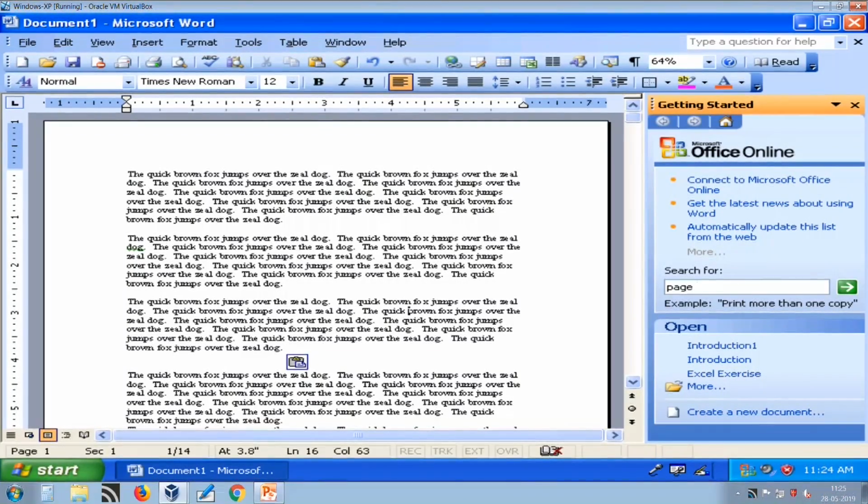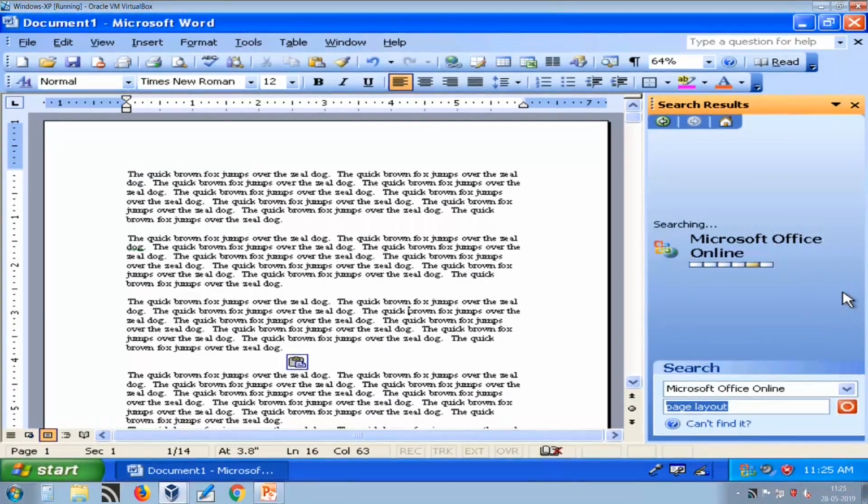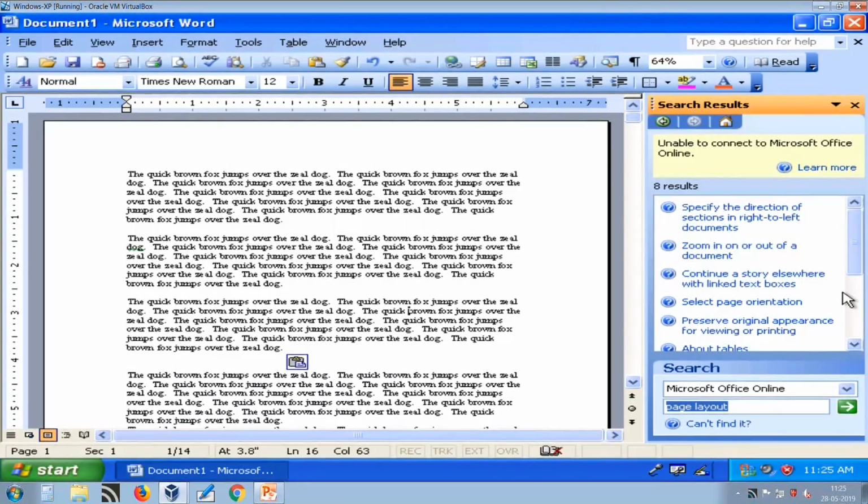For example, if I want to understand about page layout, then I can type page layout here and start the search. It will search online, and if you are not online it will search offline, and show you what page layout is. So, here you can perform different tasks.